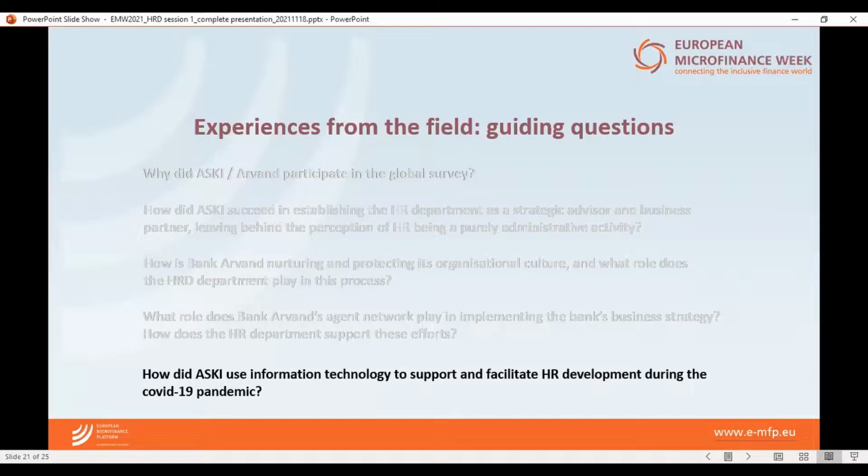And we have our online recruitment portal even before the pandemic. So the recruitment portal is already being used by our recruitment section. And during the pandemic, the use was optimized, including having a virtual induction program onboarding for our new employees. They are at their own location in the branches and we are at the head office, so we can still continue with the commitment that we've made in the goals that we would like to really ensure that new employees will be onboarded properly. So it is very important that to stay relevant in the challenges of the new normal, ASKI optimize the use of technology. Thank you.